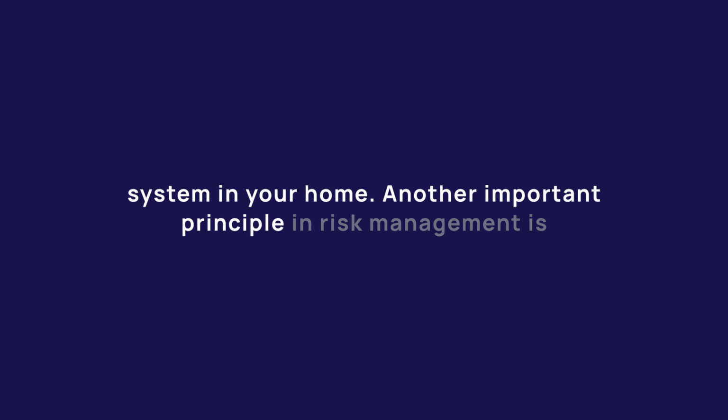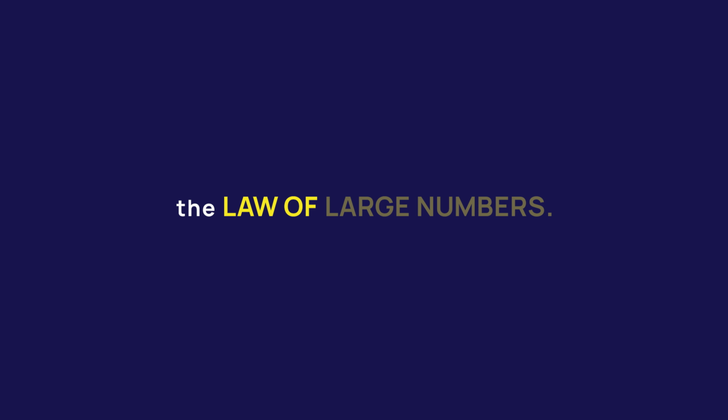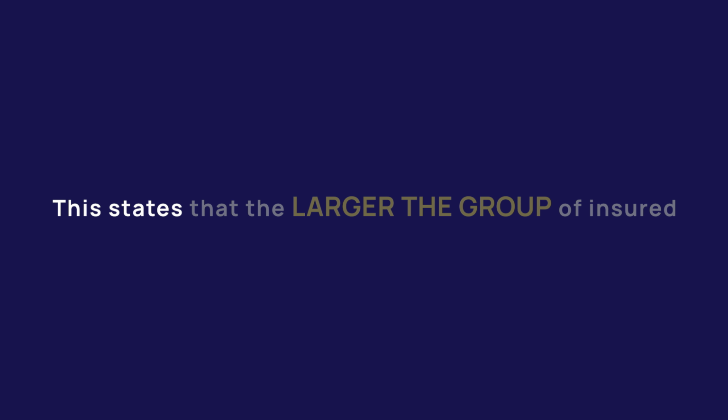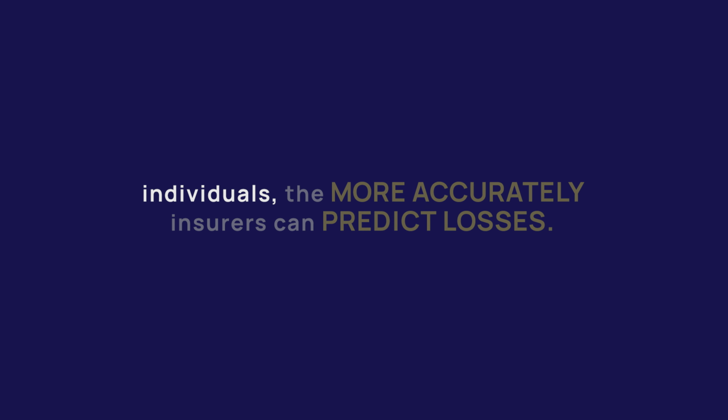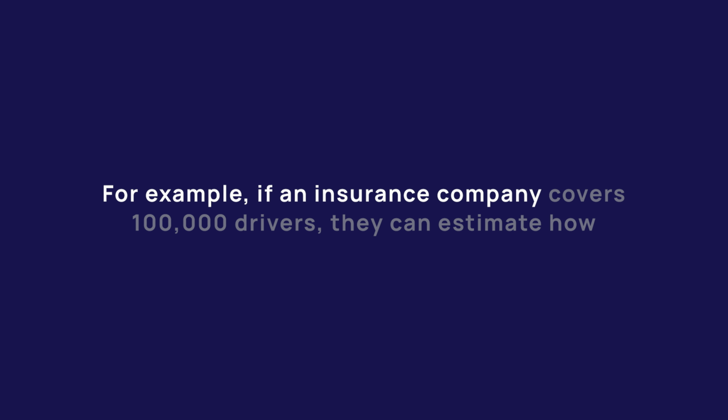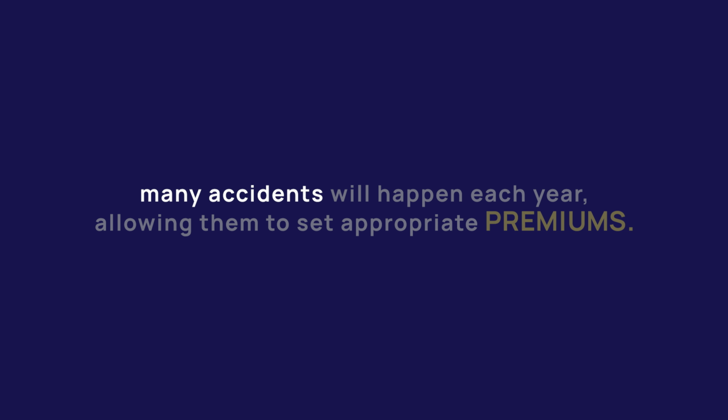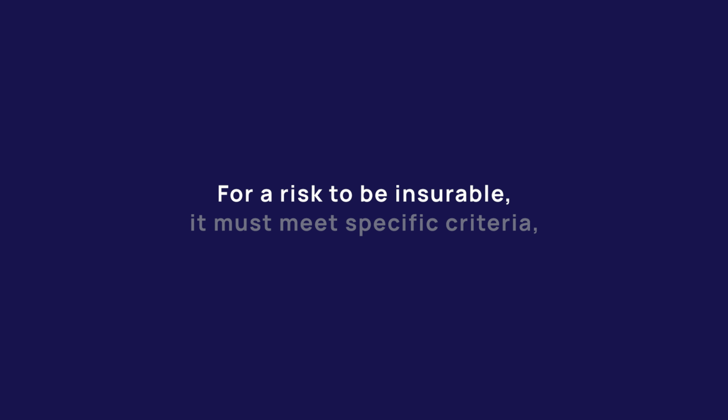Another important principle in risk management is the law of large numbers. This states that the larger the group of insured individuals, the more accurately insurers can predict losses. For example, if an insurance company covers 100,000 drivers, they can estimate how many accidents will happen each year, allowing them to set appropriate premiums. For a risk to be insurable, it must meet specific criteria,